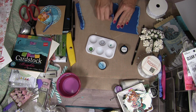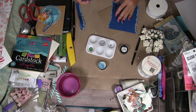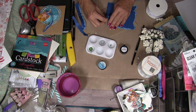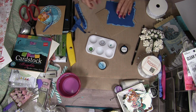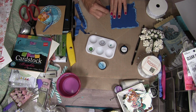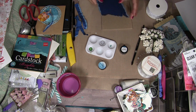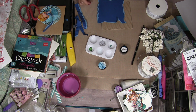So I went ahead and got some steps done, and then I'll show you how I do my flower arranging. A lot of my friends have asked me how I set up my flower arrangements, and I use mostly Wild Orchid Craft flowers and some other brands as well. But mostly the base of it is this. I like that tear there, so I'm going to leave that, kind of curl that, and I'll use some glue on that, just some multi-medium matte real quick